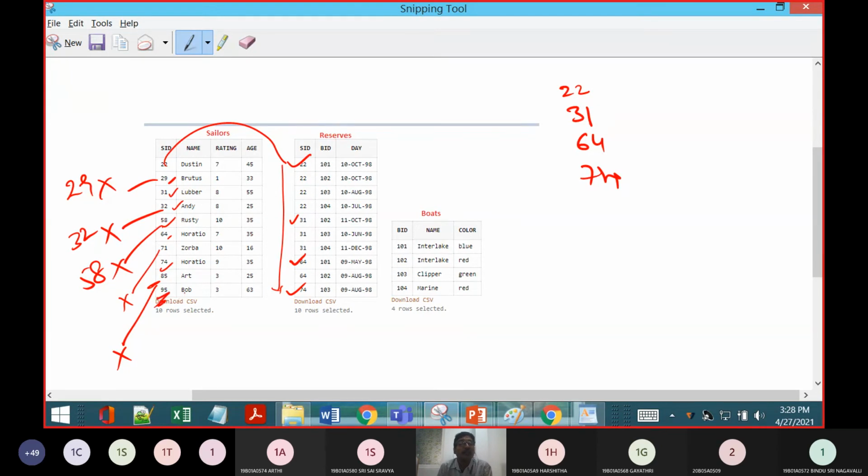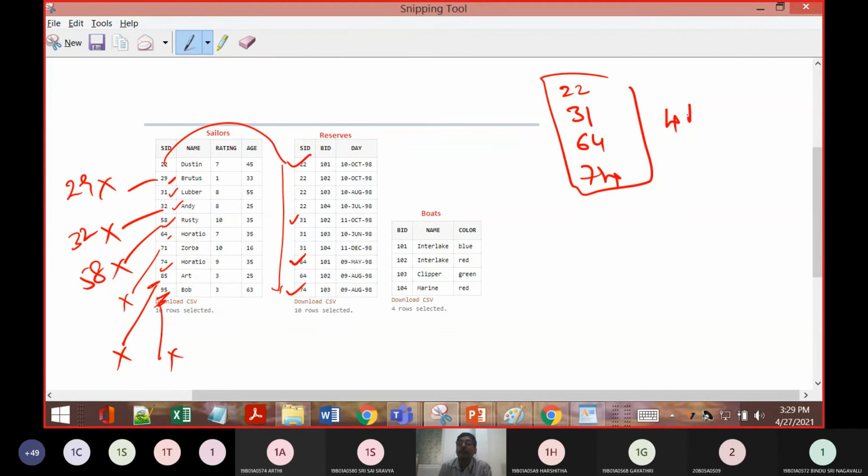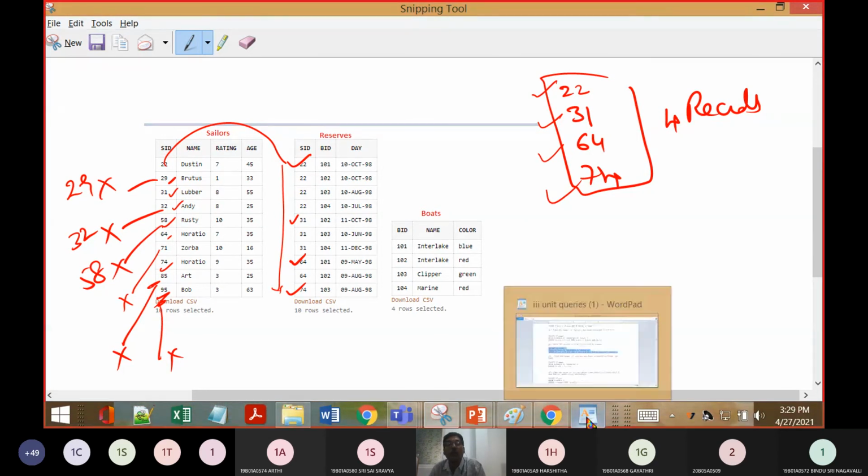We should check whether 95 is equal to 22, 95 is equal to 22 in this model. We are verifying it. So 95 doesn't exist, so it is removed. So what is the answer set we are going to verify? We are expecting 4 records, that is 22, 31, 64 and 74 should be the output of that query. So this is the answer we are going to prove.